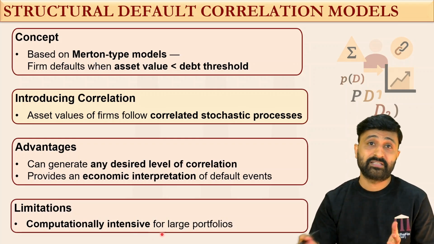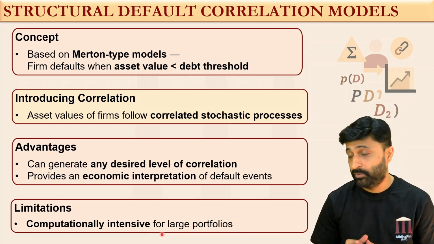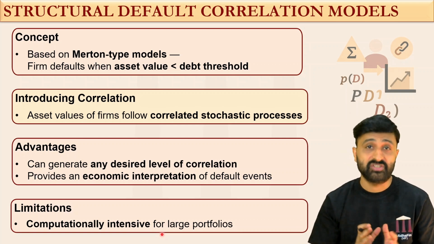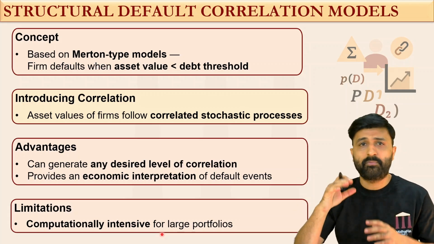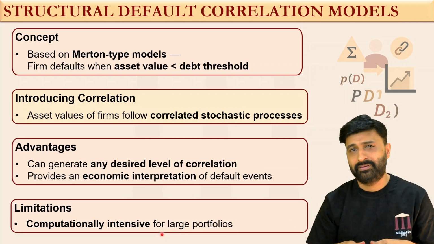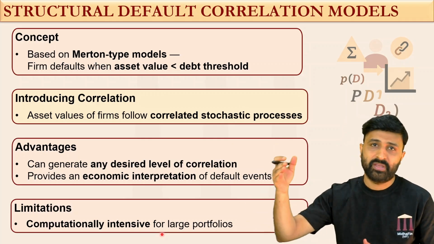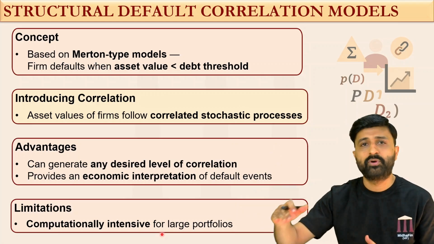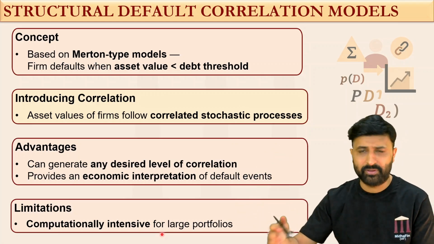Simulating correlated asset paths across many firms for large portfolios takes a lot of time, which can be quite challenging. So, in essence, these reduced form models, which we saw, were quick, flexible, and macro driven, while structural models are deeper and economically rich, but computationally more demanding. And we have a separate slide where we are just comparing them very quickly since we have already discussed most